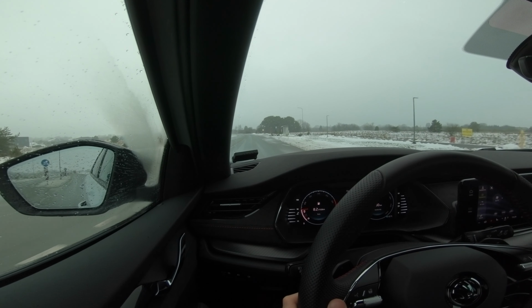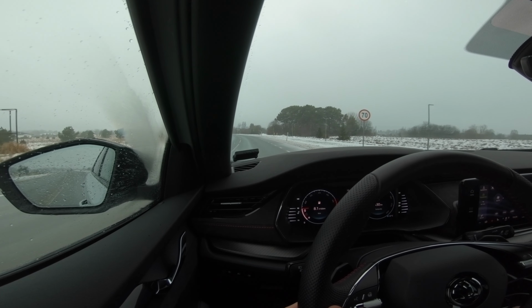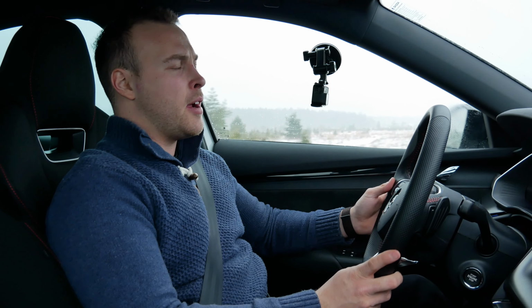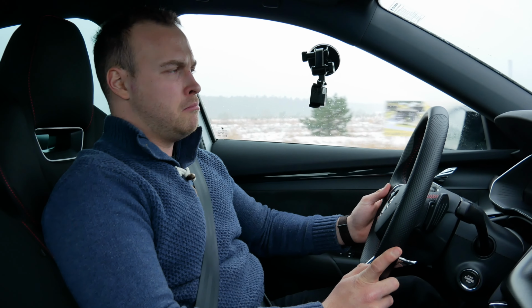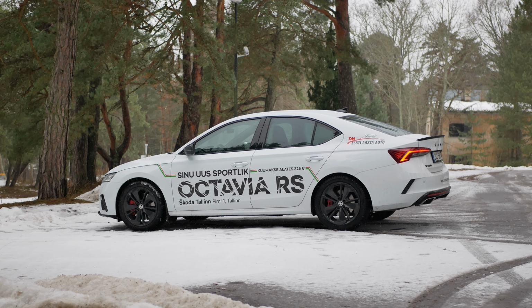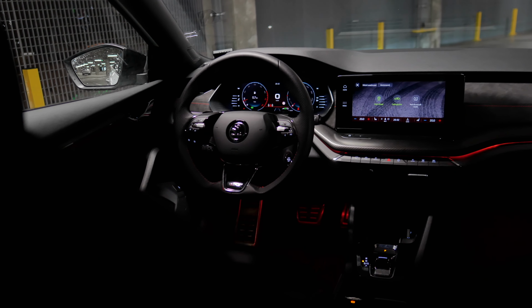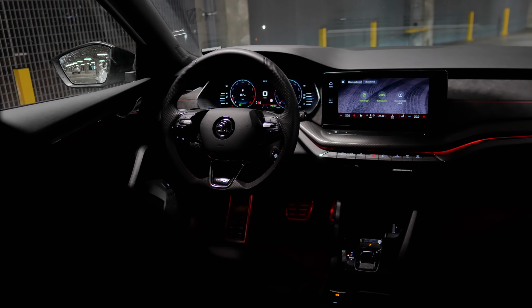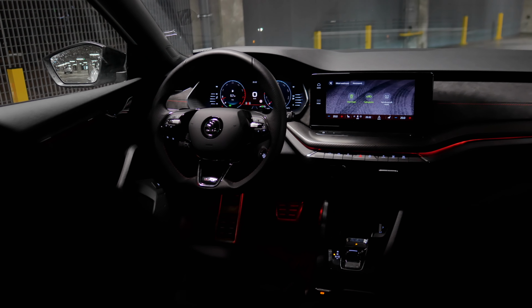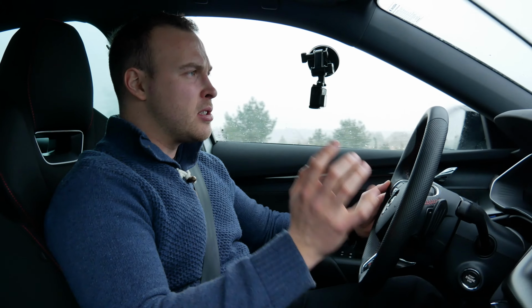If you look at the whole package, the Octavia is a remarkably good buy. It offers a reasonable package for not much money. If you spec this car well, you'll get a sub 35,000 euro price tag, and you get so much kit